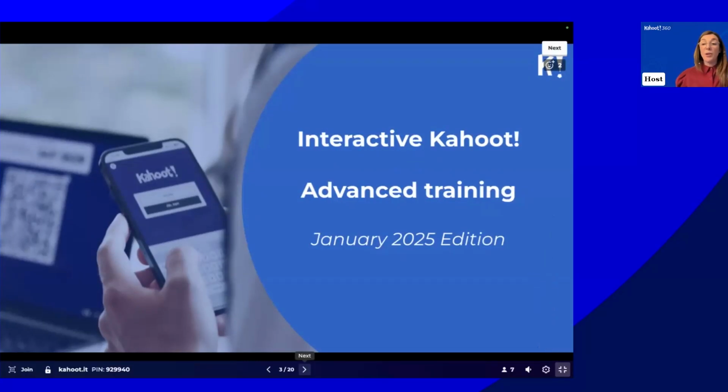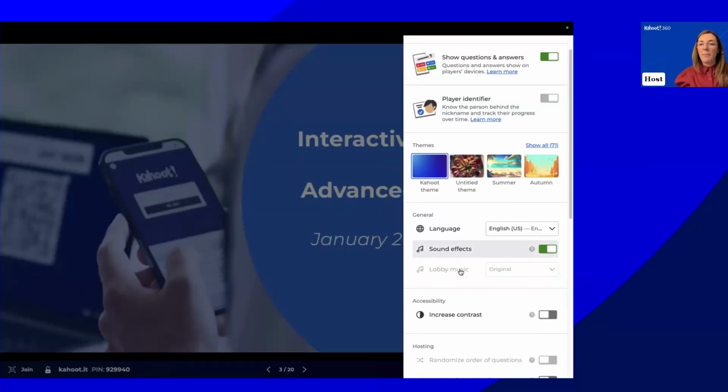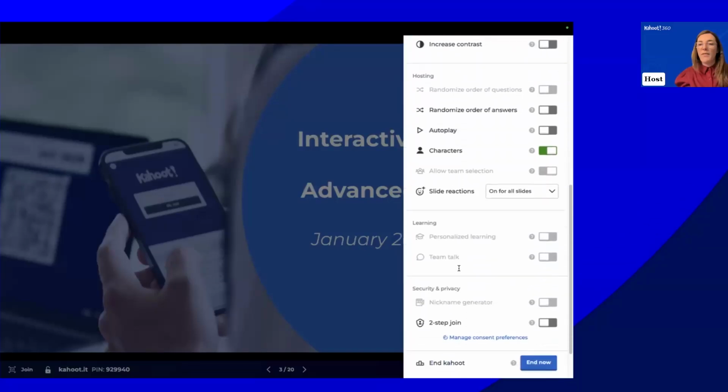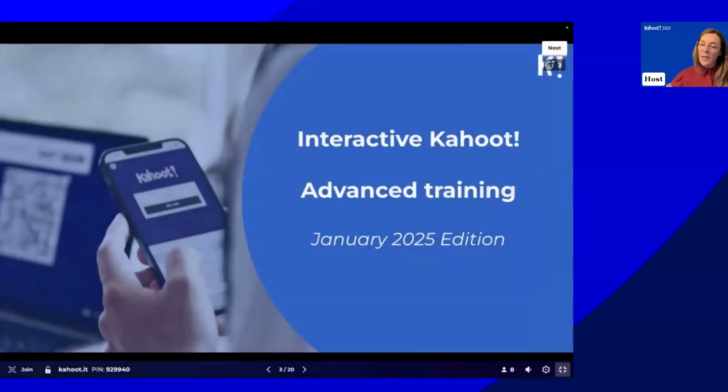Yeah, also, it helps you to maintain more focus and engagement on the material. So I could turn off the sound effects or turn up the sound effects if I want, but by default, they're switched off. But it's always good to check the settings in your game, yeah, to see the effects of that. So I've turned these back on because I think it's more fun and engaging for you.